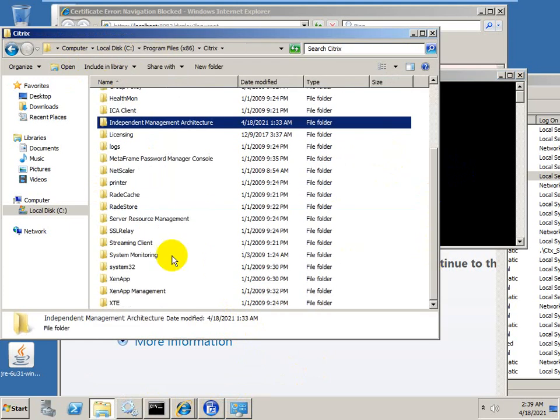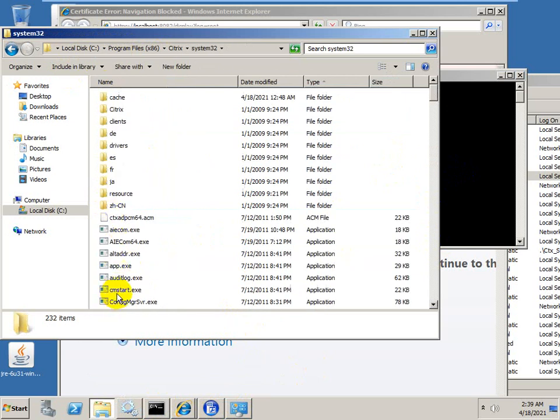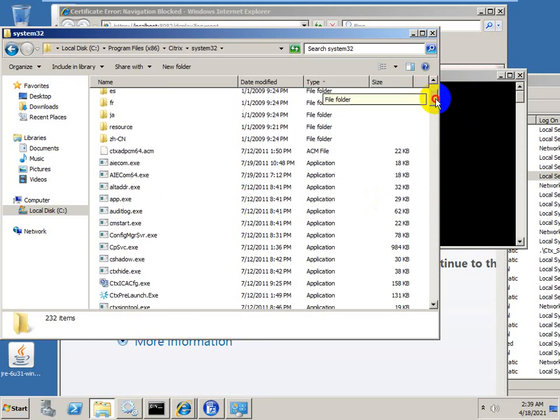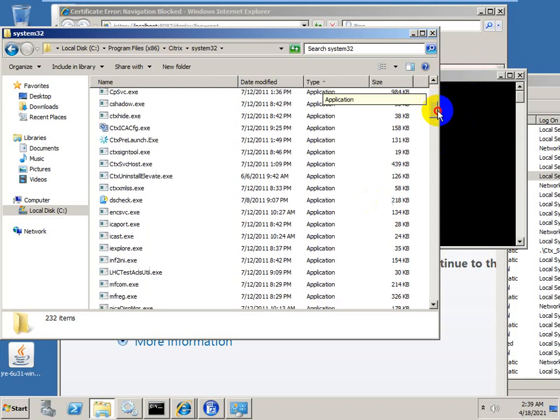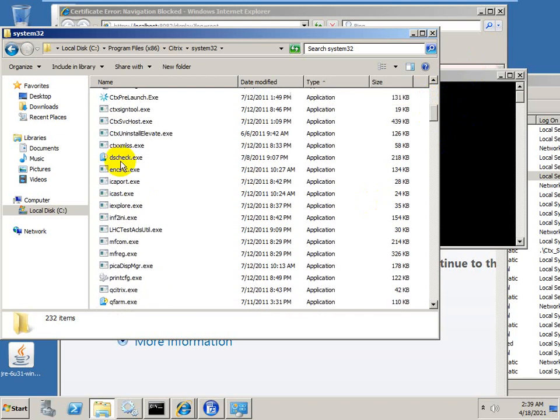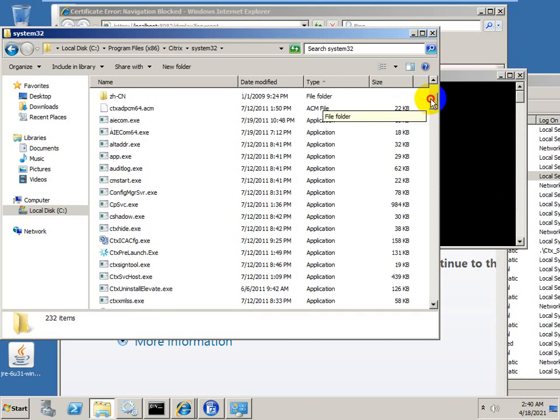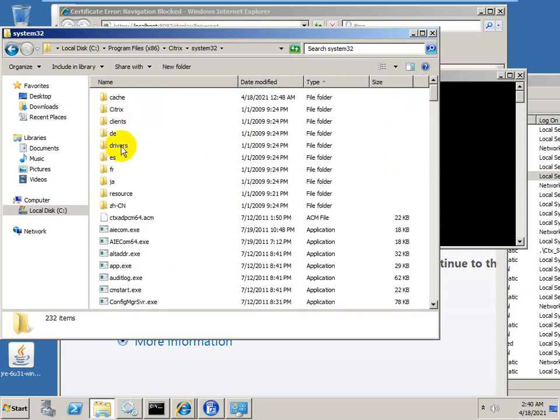It's in System32. These are all Citrix commands. DSCHECK is to check the consistency of the database. And DSMAIN, can you see DSMAIN here? Say yes or no. Is the DSMAIN command here? DSCHECK, DSMAIN, not here.